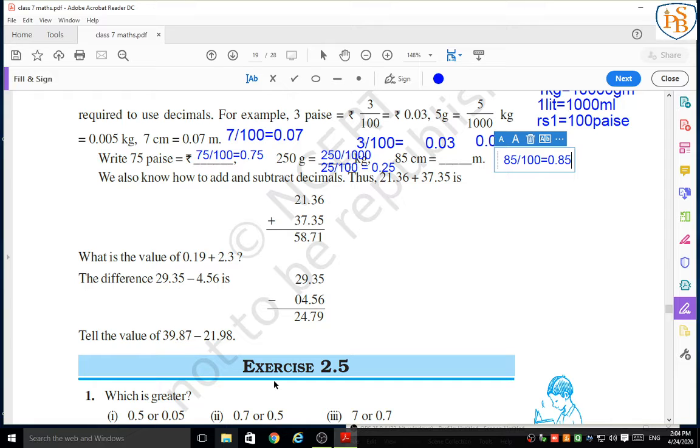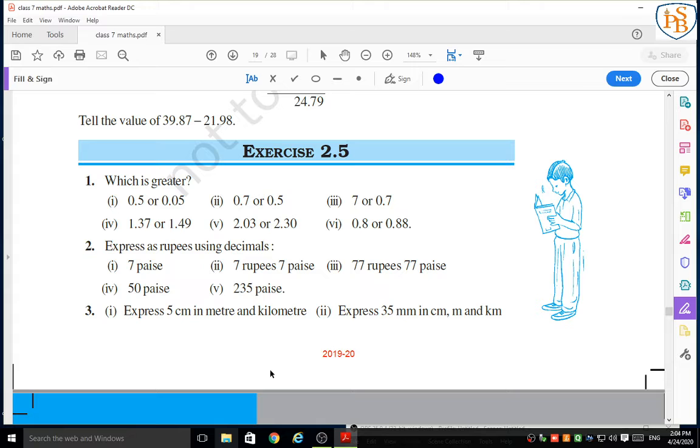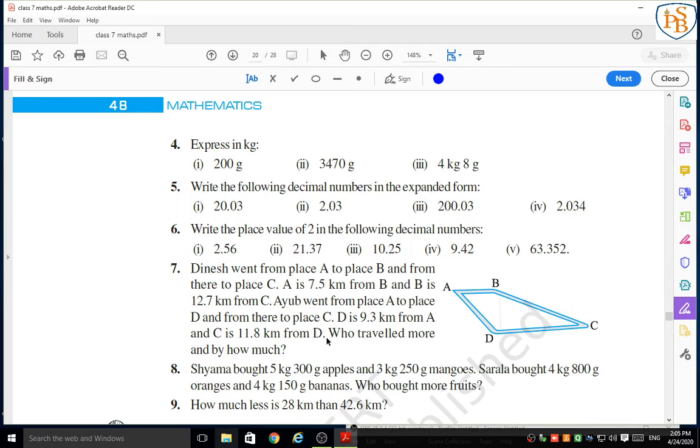Okay, now we are going to solve exercise 2.5. I am waiting for a few seconds, or by stopping this video you can write this question in your rough notebook. Please students, note down this question in your notebook. I know that you don't have your textbook with you, but I think you will get it online or on any NCERT websites. So please follow it. Okay, have you written this in your rough notebook? These are the first 3 questions, and these are the next 6 questions.